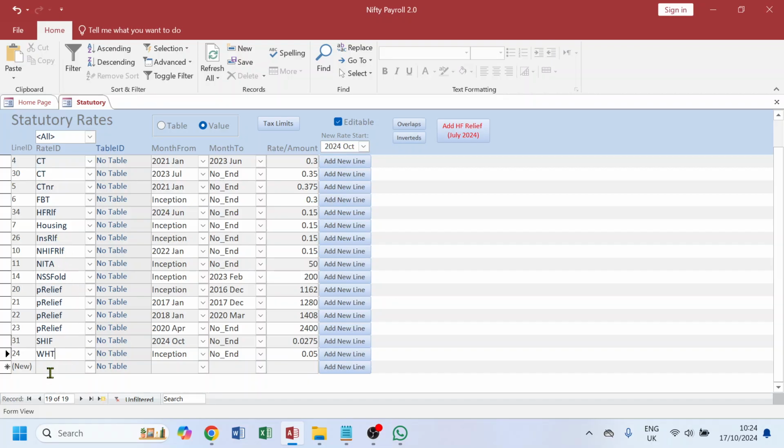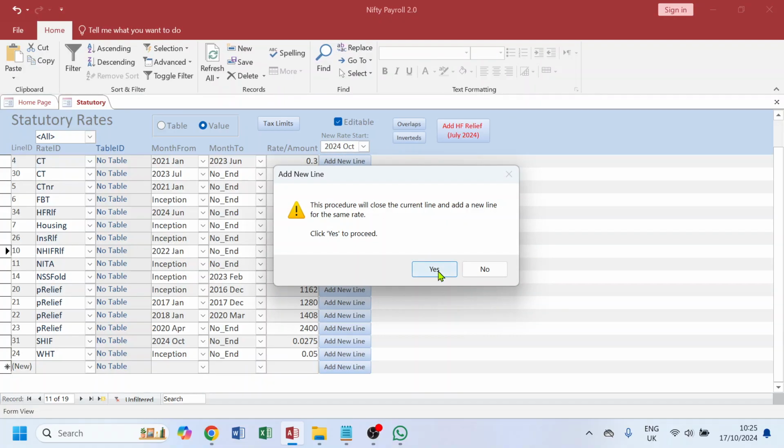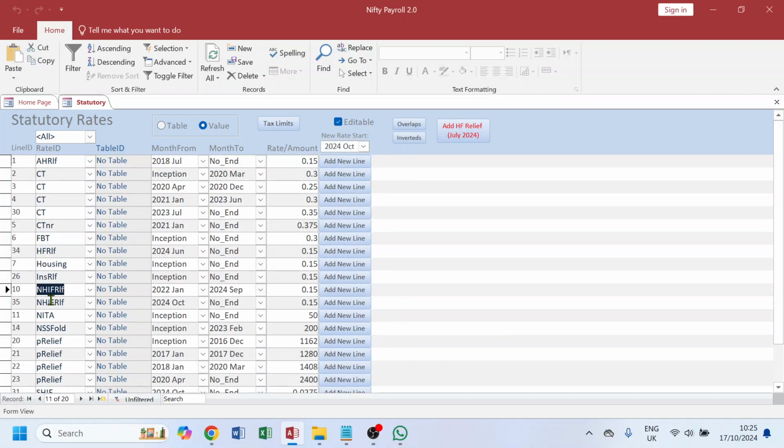So the way to add it, you could actually come and add it here, but this is usually problematic. So I suggest you do it like this. Look for NHIF relief, because we need to close this off in September. So the way you can do it is by clicking this add new line. When you do add new line, it closes off this in the month before showing here, and then it opens a new line with this month, new rate start. So NHIF relief, click add new line, say yes, yes, okay, and you'll end up with 2 NHIF relief lines